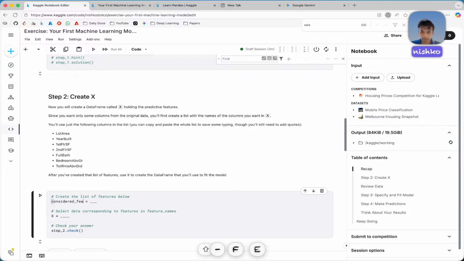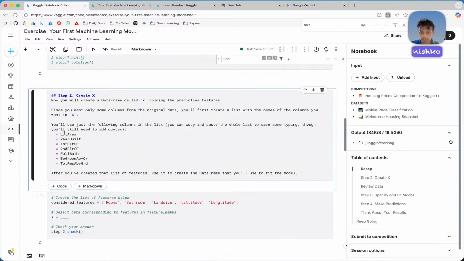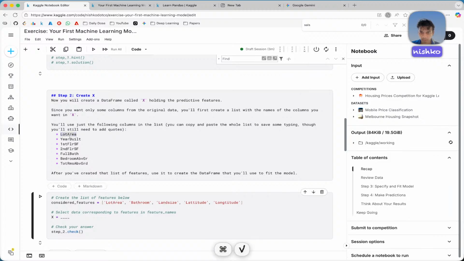Let's say considered features for this specific thing. I will be pasting that here. And they need, okay, lot area, they need years built, they need first year FLS, whatever it is, then second floor surface,